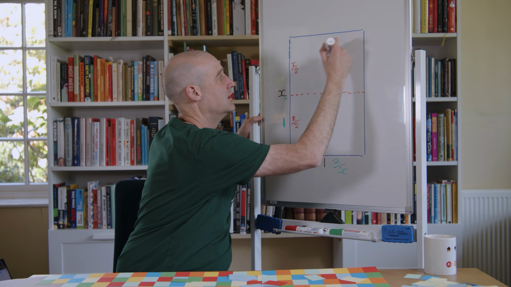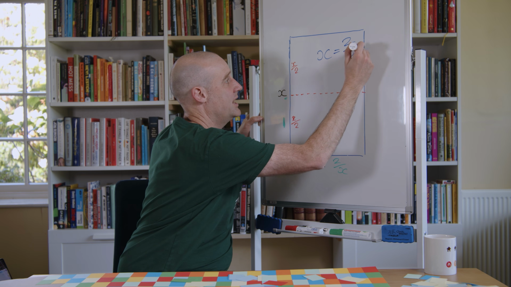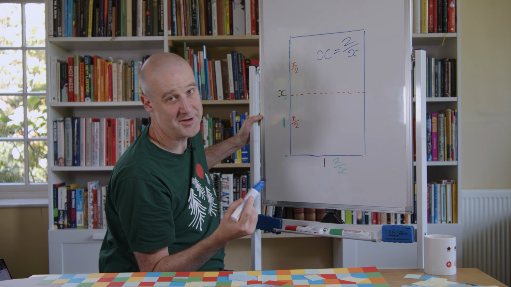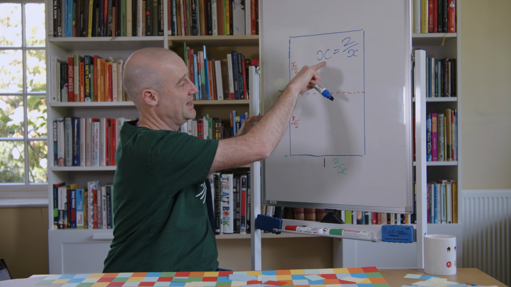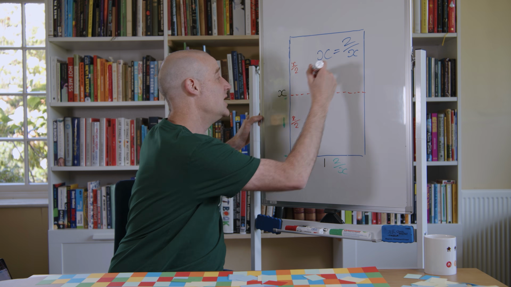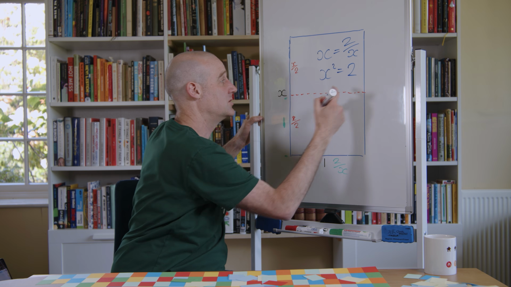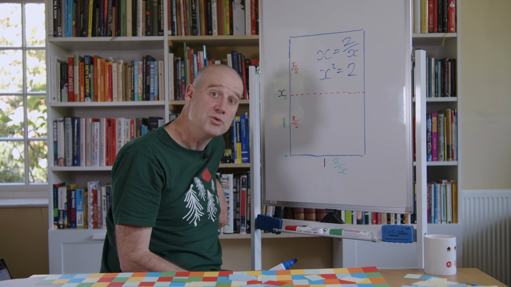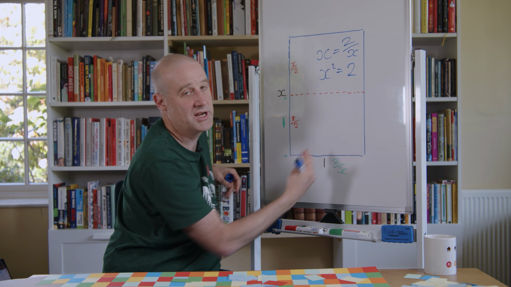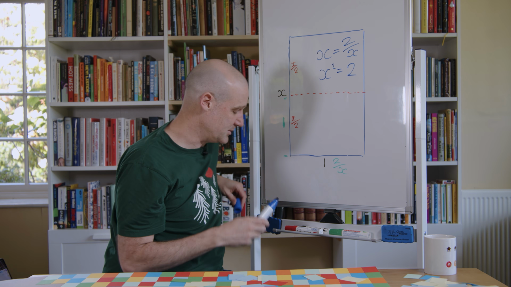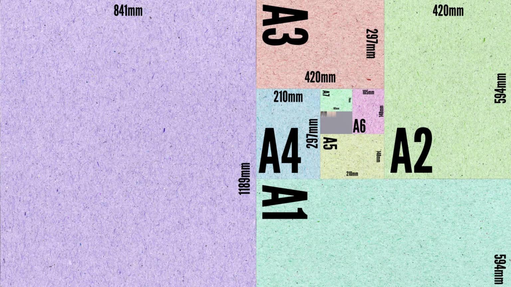We want x to equal 2 on x, which means you could think about what you can divide into 2 such that you get back that same number again. It's going to be √2. If you really want to go nuts, you can multiply both sides by x. x squared equals 2. x equals √2. So √2 is the ratio, whereas if you halve the paper, you don't change the aspect ratio of the piece of paper. However, rolled up in that are a couple of assumptions.